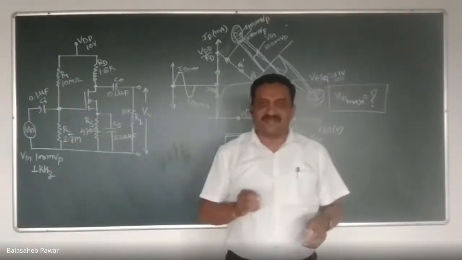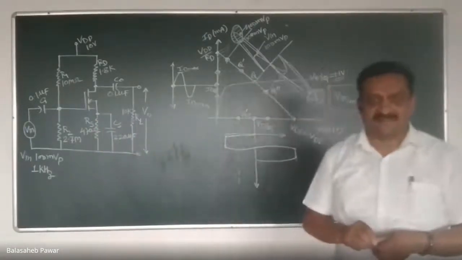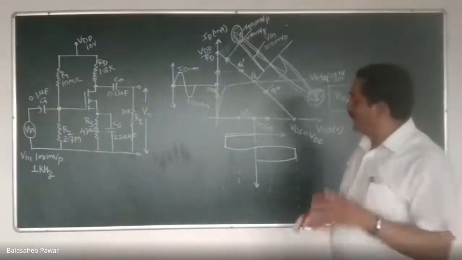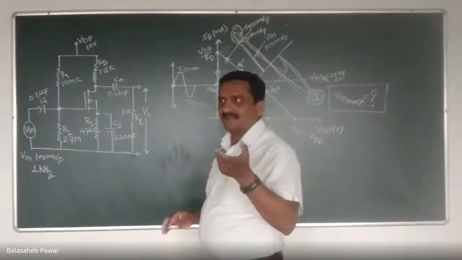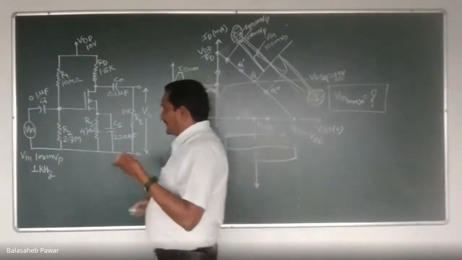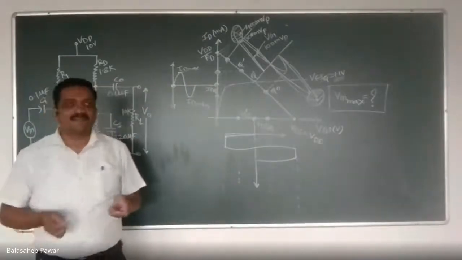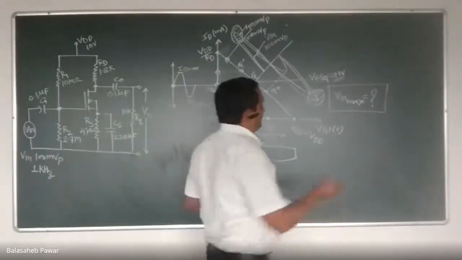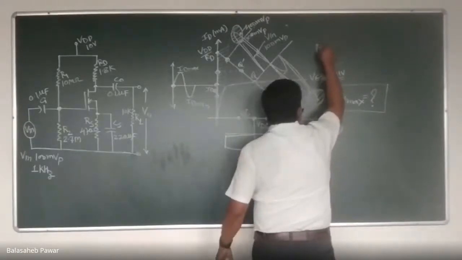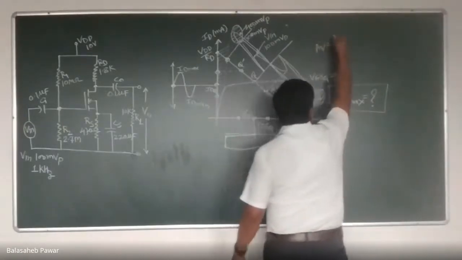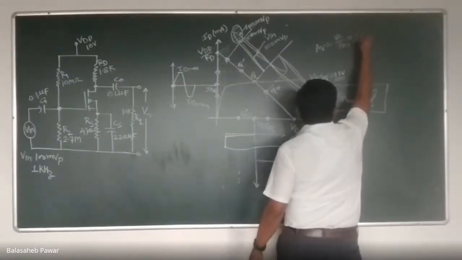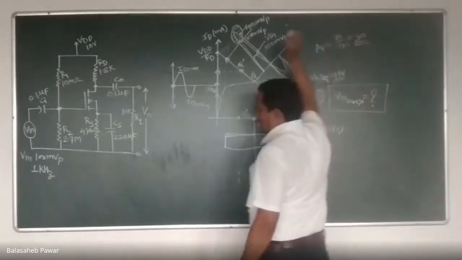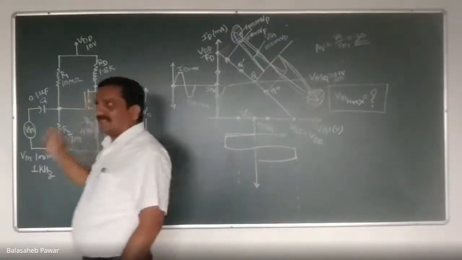So see, last time we determined the first parameter, and that was the gain of this amplifier. How much was that gain? I think it was 30. If you have the previous discussion notes, just let me know how much the gain of that amplifier was, the same amplifier that we defined as Av equals Vo by Vin, and I think it was 30. Is it 30 or 20? Just check. 30, sir.